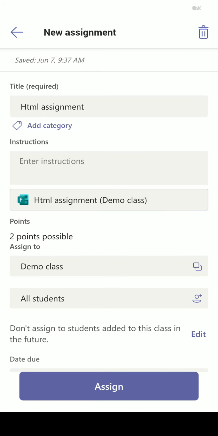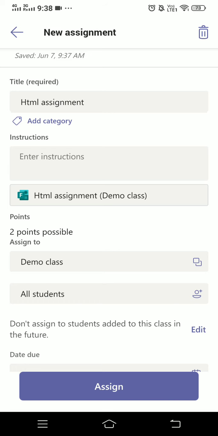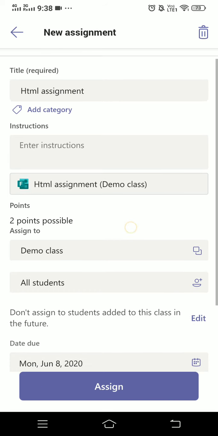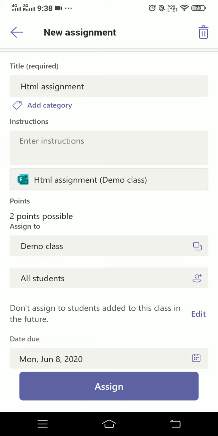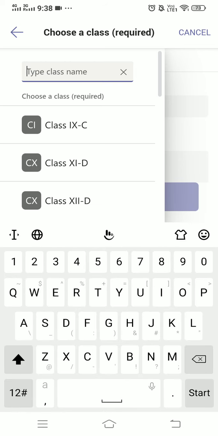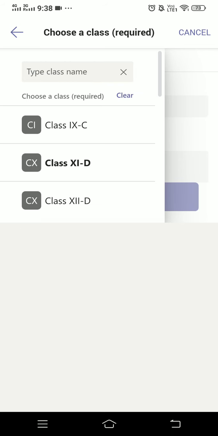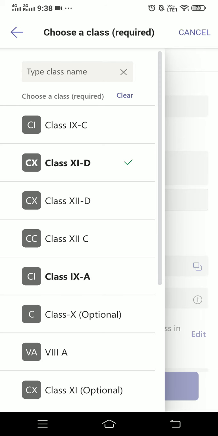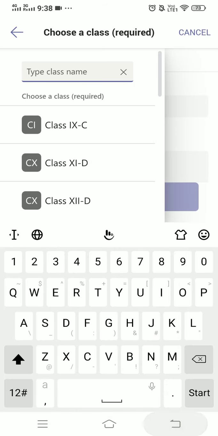So now after that, you can see there is an option to which class you want to assign. It is the demo class because it is automatically assigned, because I made this under this class only. So if you want to assign to another class, then you have to click in front of this option. Then you can choose multiple classes, say plus 1D, okay, say this one. So as it is your wish to which class you want to assign. You can assign multiple also, but I'm not going to choose this, so just back.